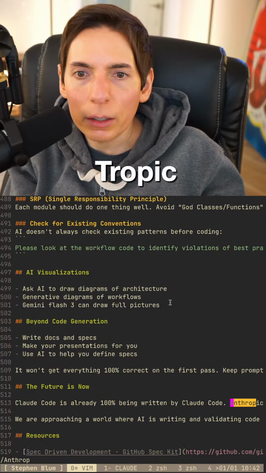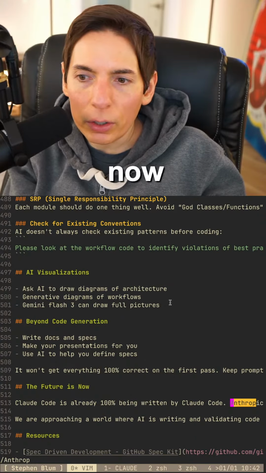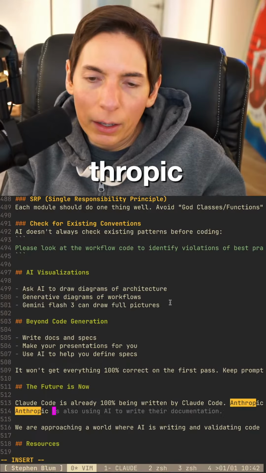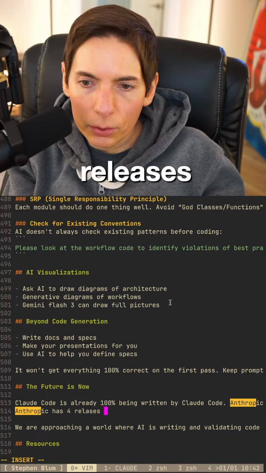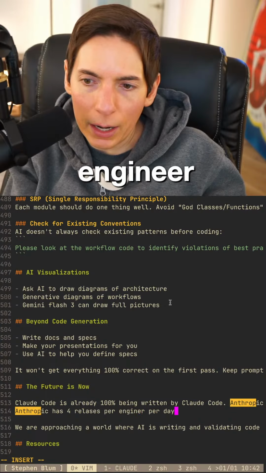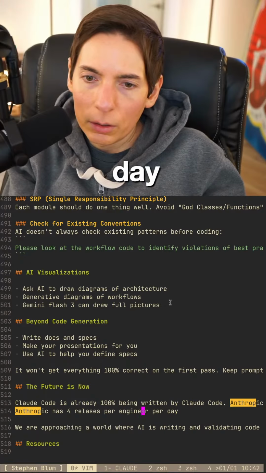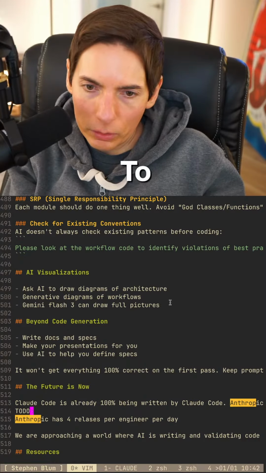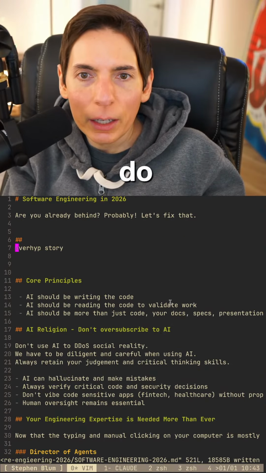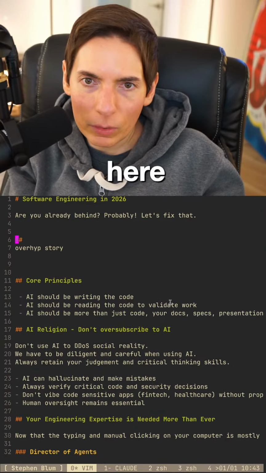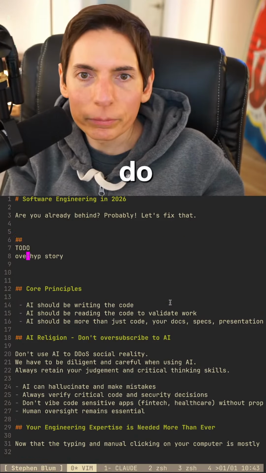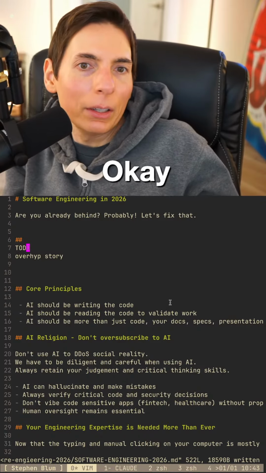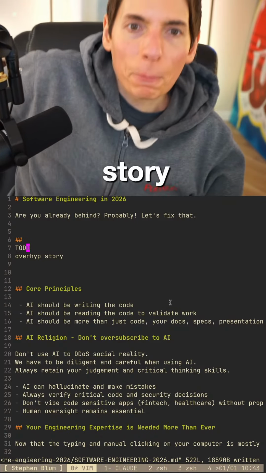Anthropic. Where's that at? Futures now. Okay. Anthropic has 4 releases per engineer per day. All right, there you go. To do. All right, so we add that to do there, and we'll add the to do here. To do. Okay, I'm gonna add in that overhype story.